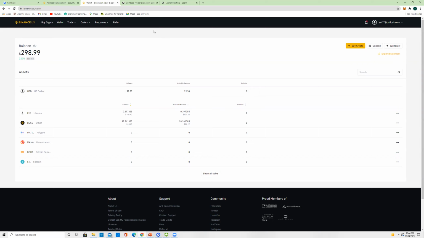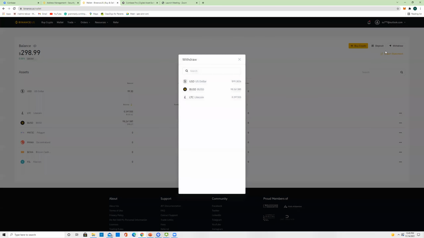Now I will show you one more step. Suppose you guys are thinking to make only a one-time transfer, you can always skip the registration process and straight away click on this withdraw button in the dashboard and the rest of the process looks the same. Select the LTC asset type, enter the amount, and here you need to paste the wallet address which you copied from Coinbase Pro, right? And click on this preview withdrawal button. And this is the same thing, confirm withdrawal. So once you click on that, you will be asked for the authentication code and you have to enter the correct code and you are all done.